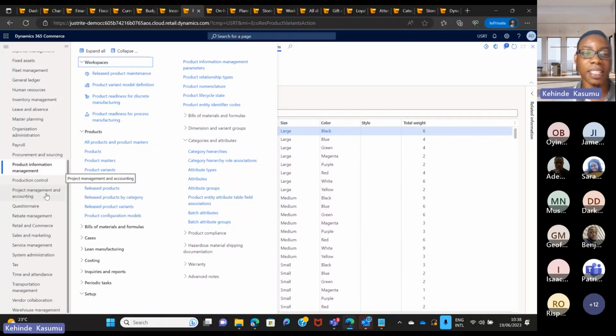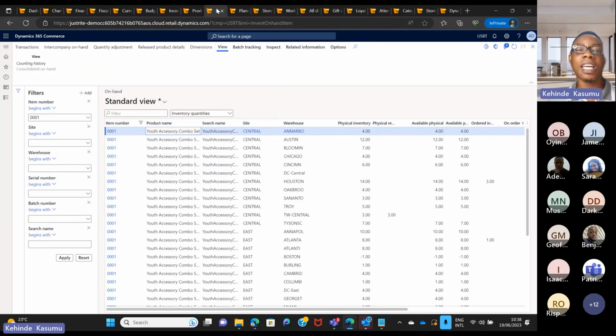So that's quite a robust functionality to enable you to capture all your SKUs, based on what you have in your inventory. All right. Another functionality that we have is inventory management, where you have the ability to see what you have in stock at any time. This is real time, and it is integrated and synchronized to point of sale